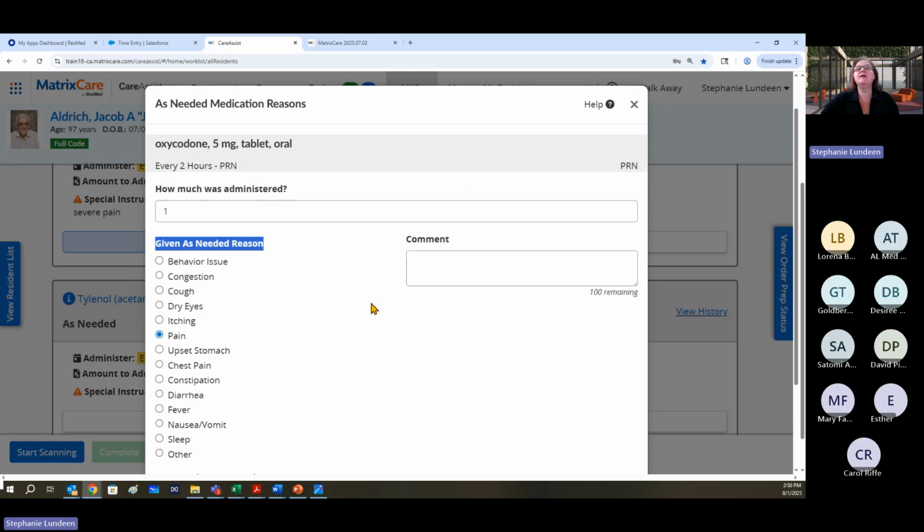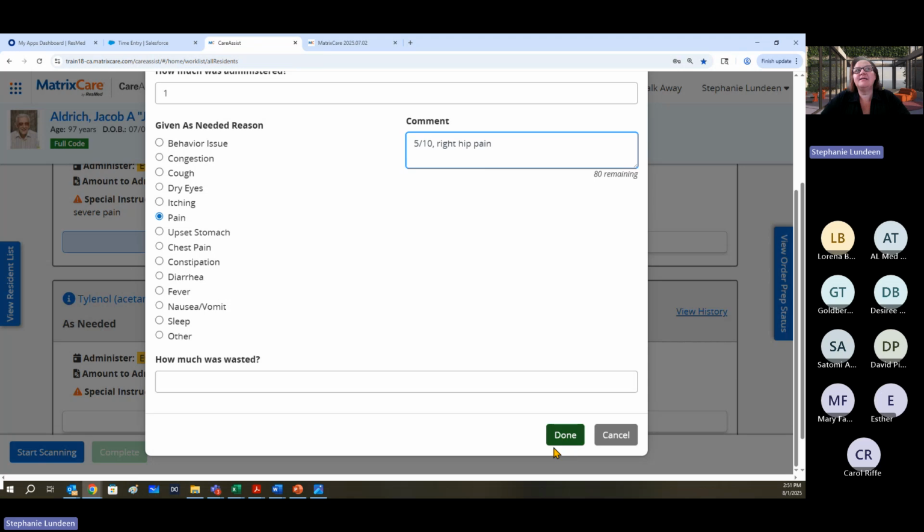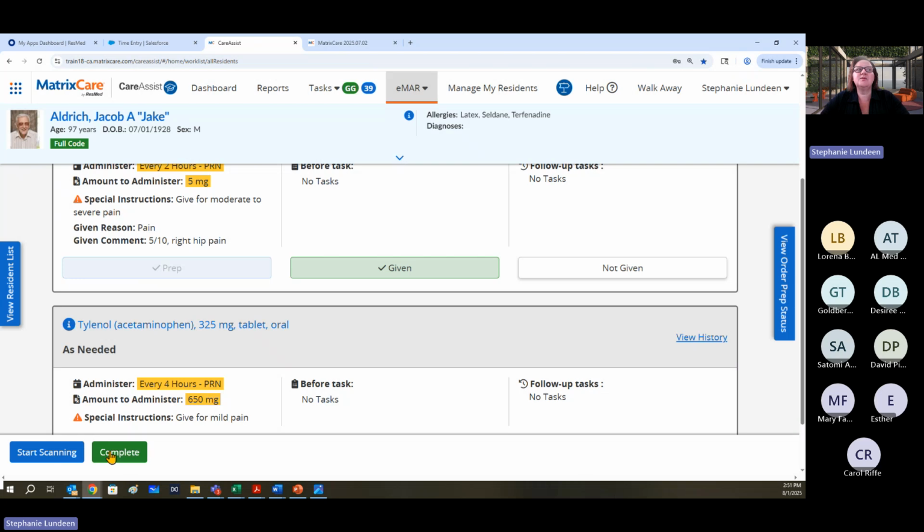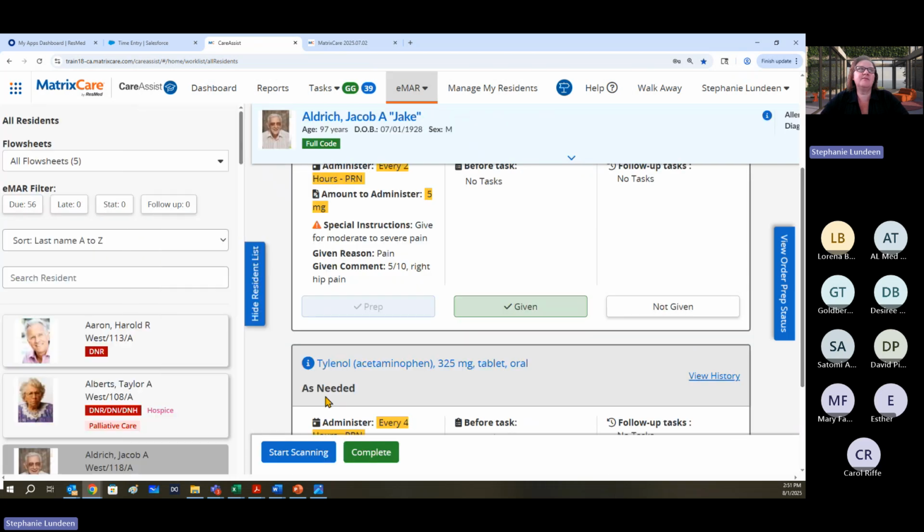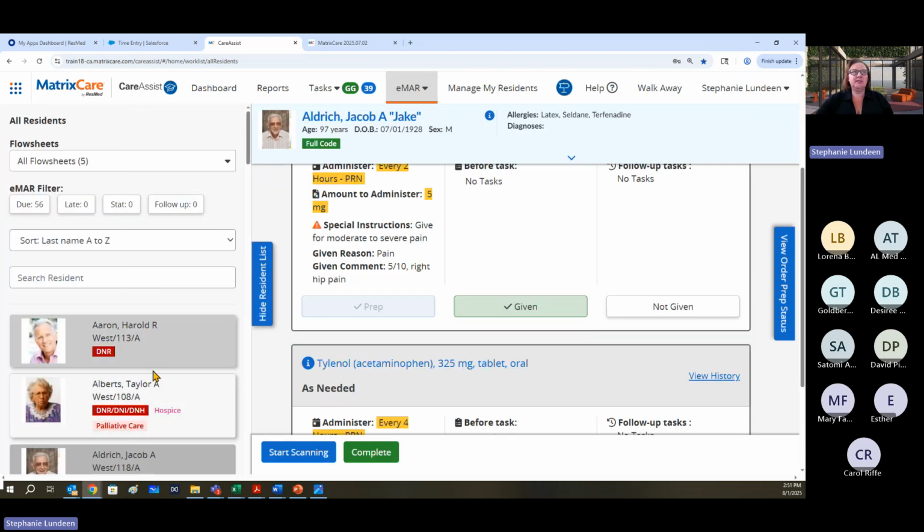So if I'm giving this for pain, follow up with your comments as applicable. I'm going to say that the pain was a 3 out of 10. Maybe it was actually, it's probably a 5 out of 10 here, 5 out of 10. And this is like right hip pain. Okay. And I have my done. Again, you don't have this in your environment, so disregard and hit done. And as soon as I hit this complete, I'm going to open this up for a moment. When I hit this complete,